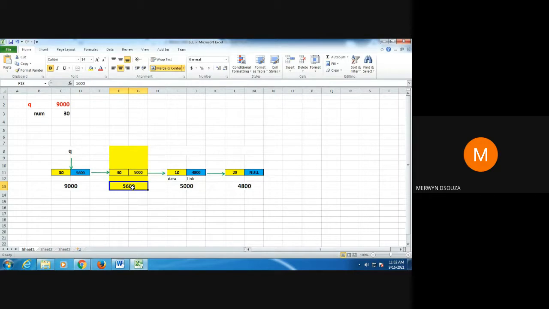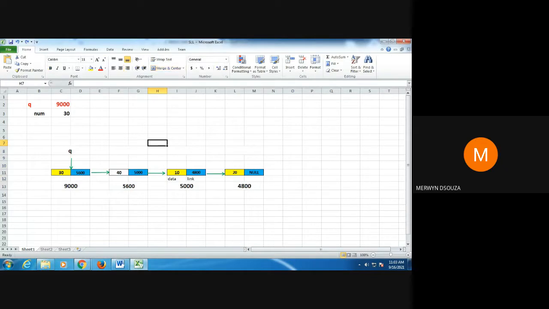We said Q always points to the first node. So if we delete the node which is currently the first node, before doing that deletion, Q has to get shifted to the next node, because in future this is going to be your new first node.